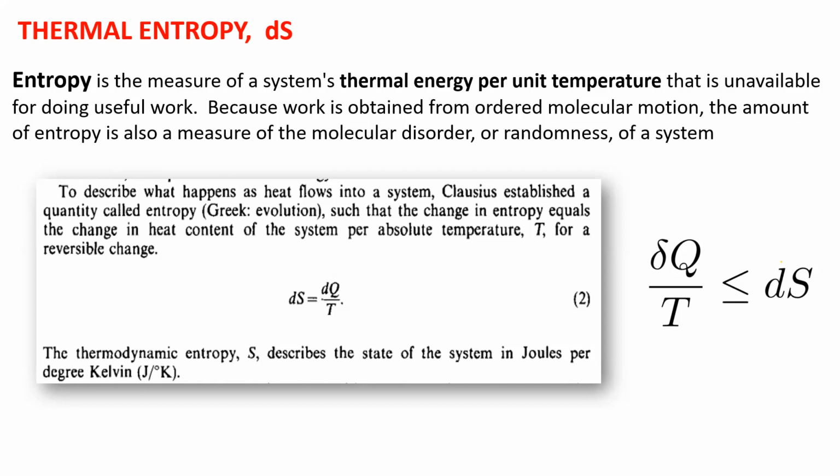There's a very famous book by Schrodinger in the early 1900s called What is Life? And he talks about neg entropy, sort of the opposite of entropy, or moving toward lower entropy. And this is what living systems do, is create organization rather than chaos. So it's still a very important concept. Entropy is a measure of the thermal entropy, is the measure of the system's thermal energy per unit temperature.